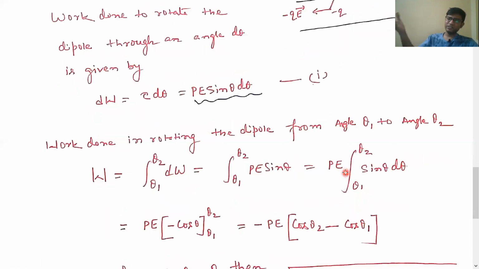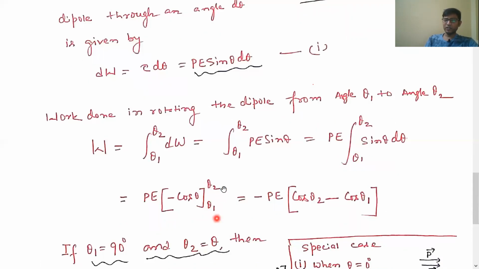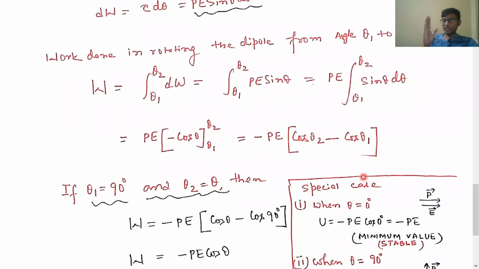What is P? P and E are both constant things, so they will come out of the integral sign. Only the sin theta expression will remain inside the integral. The integration of sin theta gives minus cos theta. And when we put the value of the limits, we will get minus P E into cos theta 2 minus cos theta 1. Now the standard position, or you can say the initial position,